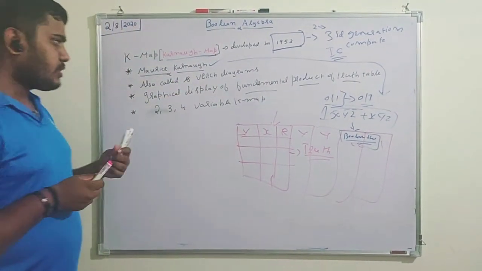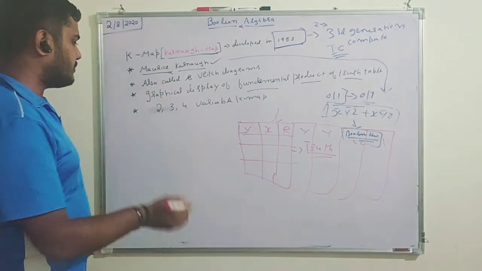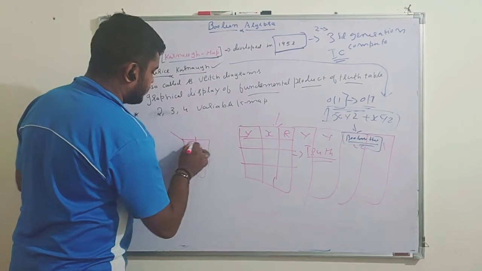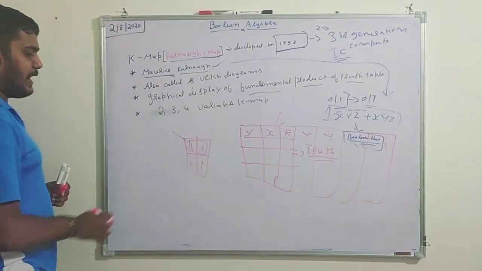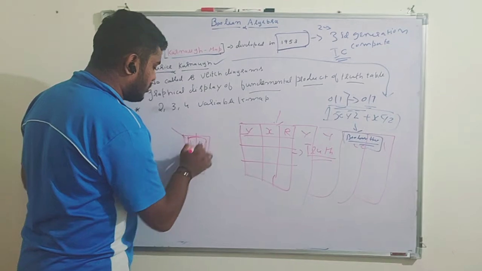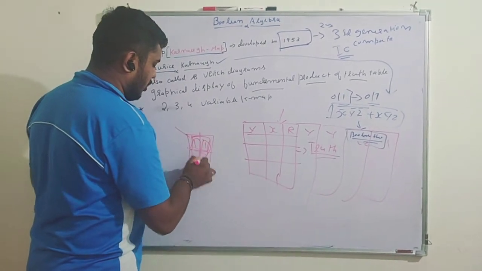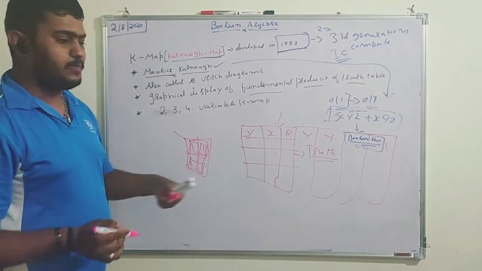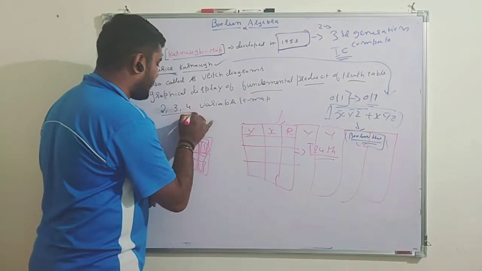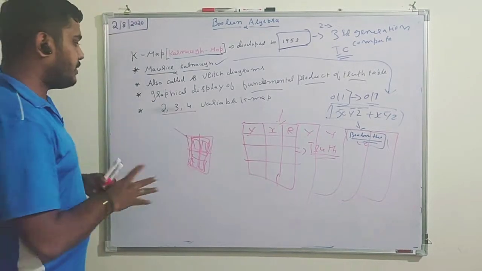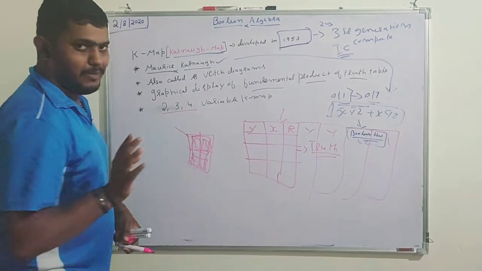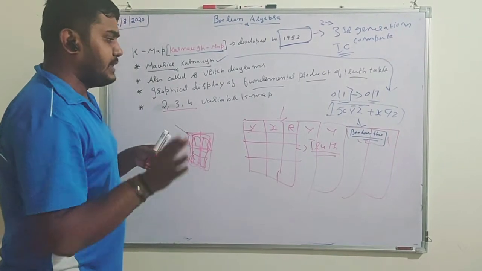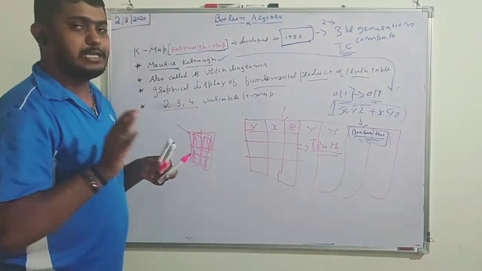So what does the K-map do? I will draw a K-map, then I will explain what it is. This is known as a K-map, and here we draw some items to reduce the expression. This is easier, because we can solve the K-map up to 2, 3 and 4 variables. Remember, we can solve up to 2, 3 and 4 variable K-map. I will explain that later. This video consists only of the introduction of K-map, and it will not have any other things.